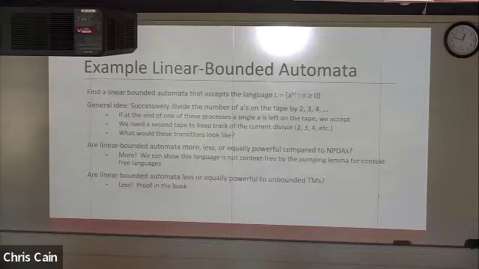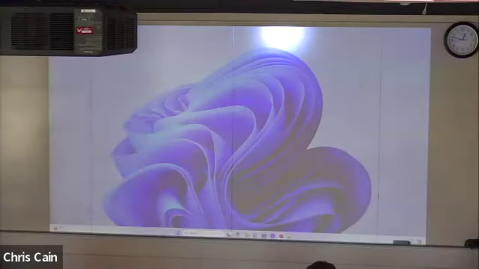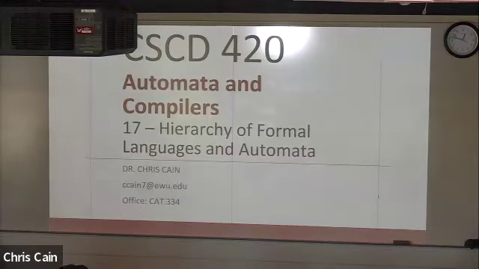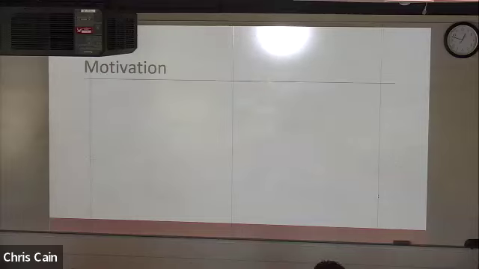Questions on any of this reasoning or any of these results? We're getting into the real fun now, as we start to talk about the hierarchy of languages and automata, now that we've seen enough of the different classes that we can start talking about how they relate to each other. And also some classes of languages that are outside of the scope of what a Turing machine can calculate. So I'm motivated; that's probably all we have time for, but